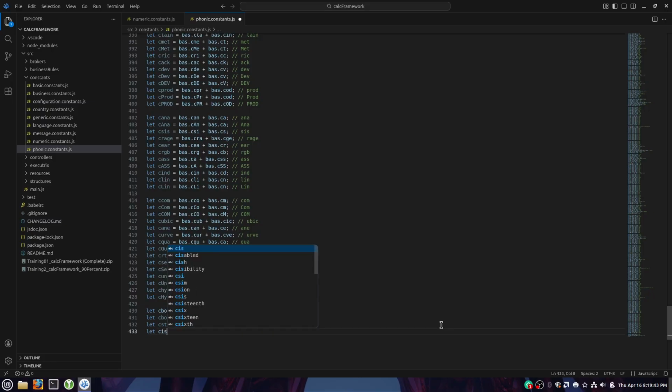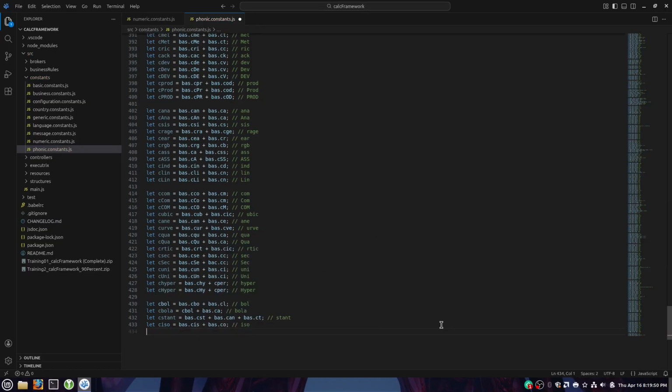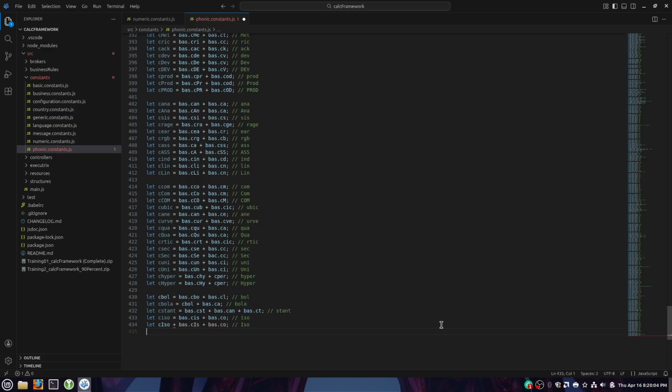Let CISO equals bs.cis plus bs.co. ISO. And we need that one with an uppercase I. So we do it again. Let CISO equals bs.cis plus bs.co. ISO. Okay. Let C taupe equals, as in pentatope. Oops, I forgot an equal sign there. Okay. Or isotope,